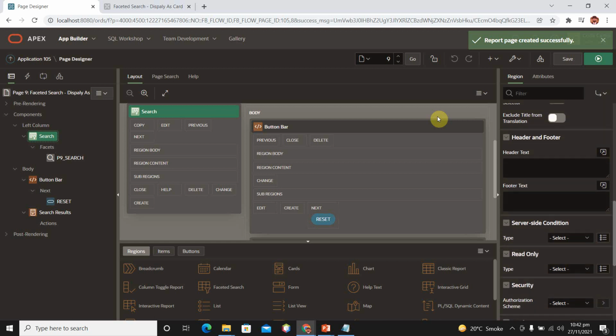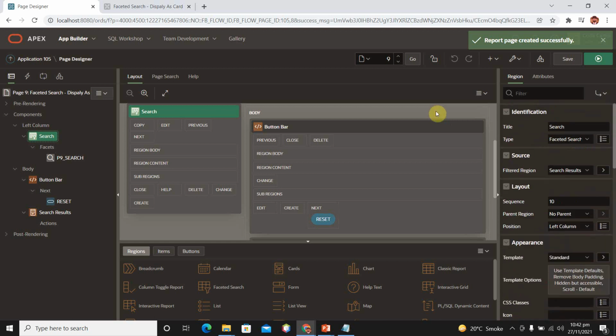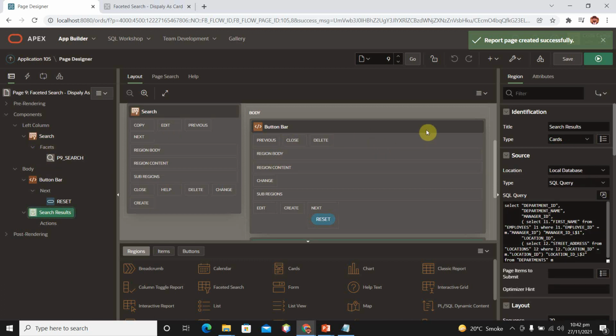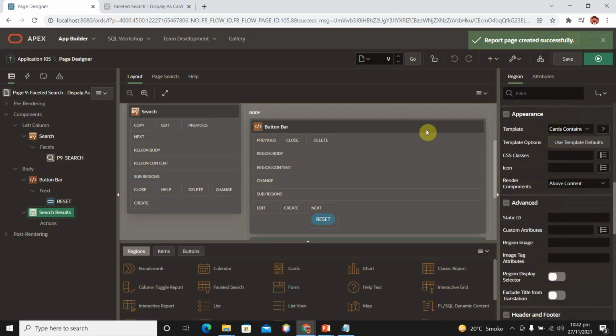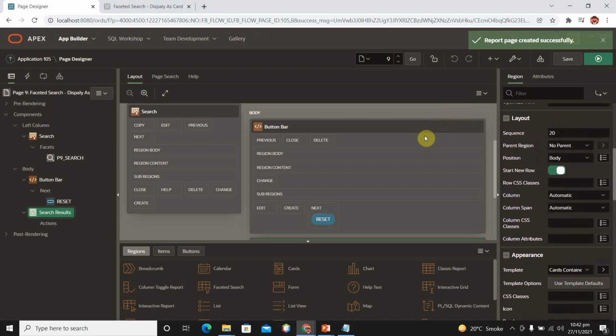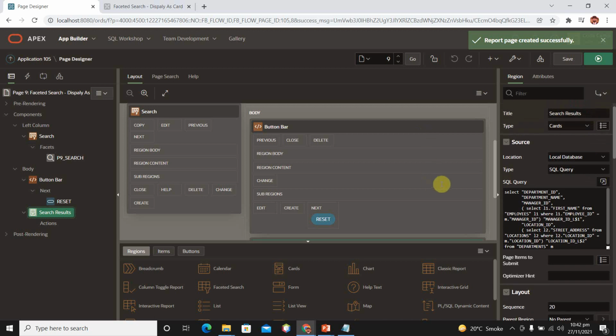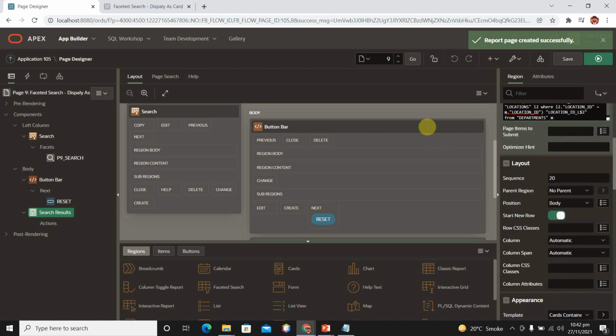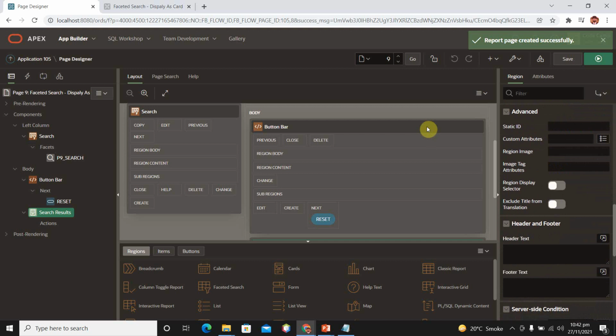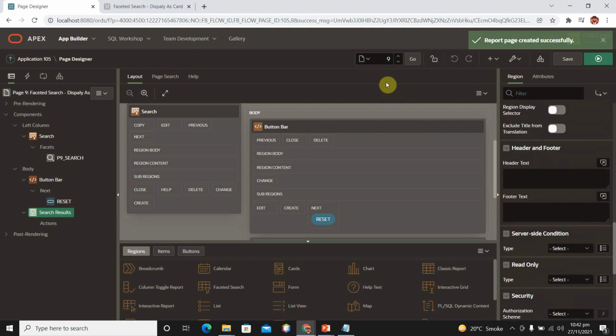You can play with the properties for your learning purposes. And then we have search results. In search results we have a lot of properties. Go to here, this is the query which is used to fetch records from the database. So that's it for today. Thank you so much.